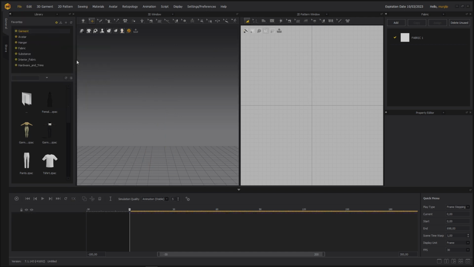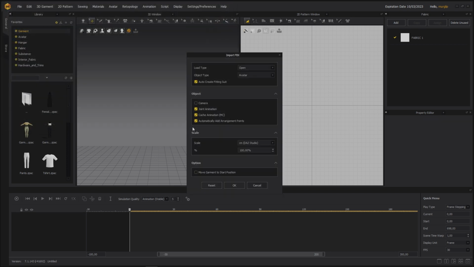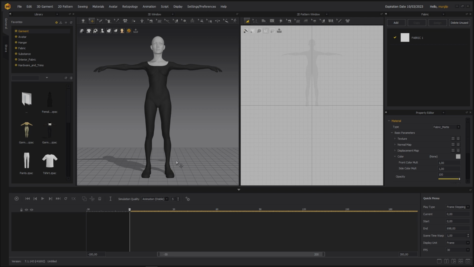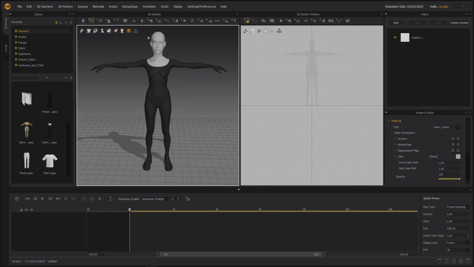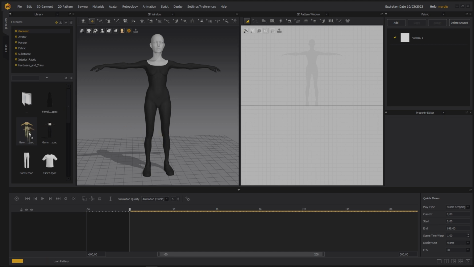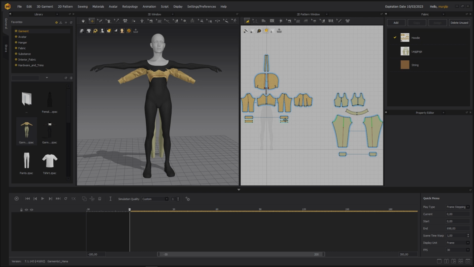Just go to import FBX. Now under T-pose, make sure it's on open avatar, and then this must be on centimeters. There was no error this time bringing in the character, and we have our T-pose that we can clothe on. Because there was no error this time, it automatically created a fitting suit for the character.